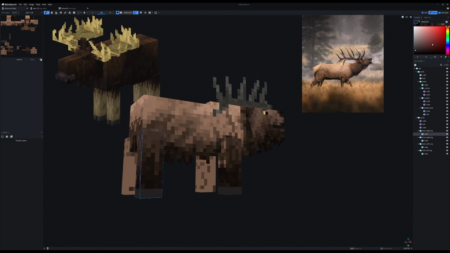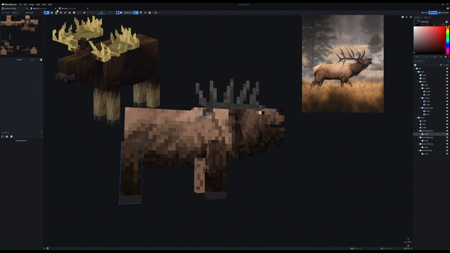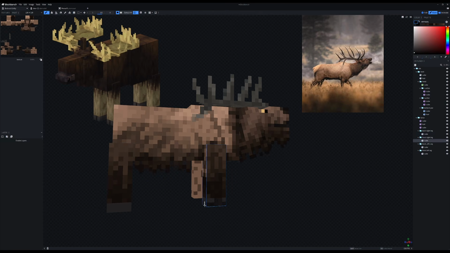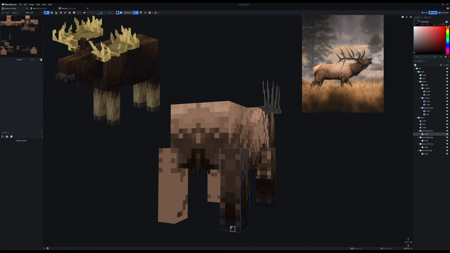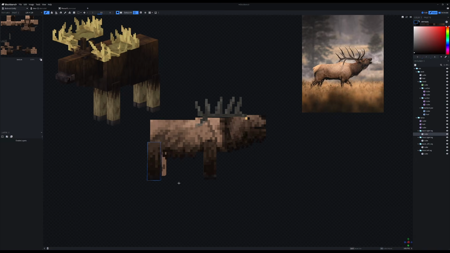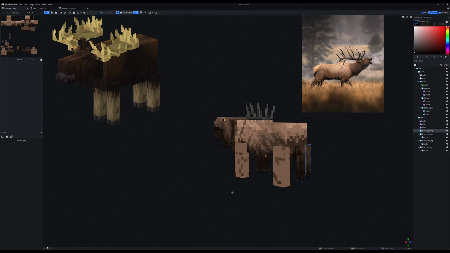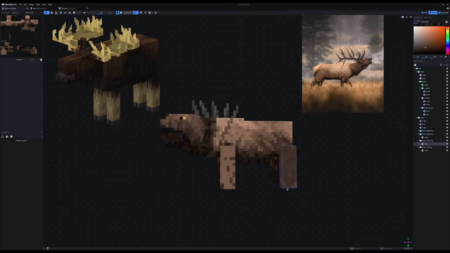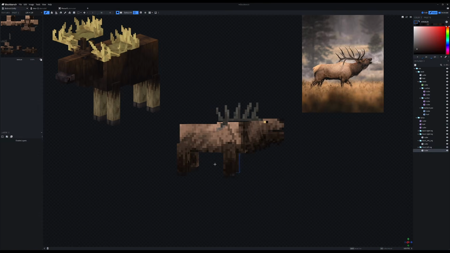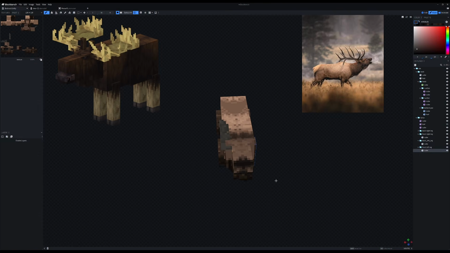Okay, and then what we want to do, just like everything else, we're gonna darken the bottom of it. Kind of hit it with some different colors there. God, I gotta figure out a way to copy stuff over. I can just paint it. I just feel like I'm not gonna do a good job painting it again. Okay, I'm just gonna quickly paint the other legs. All right, the extra legs are done. It leaves me with just the additional antler, which I'm just gonna